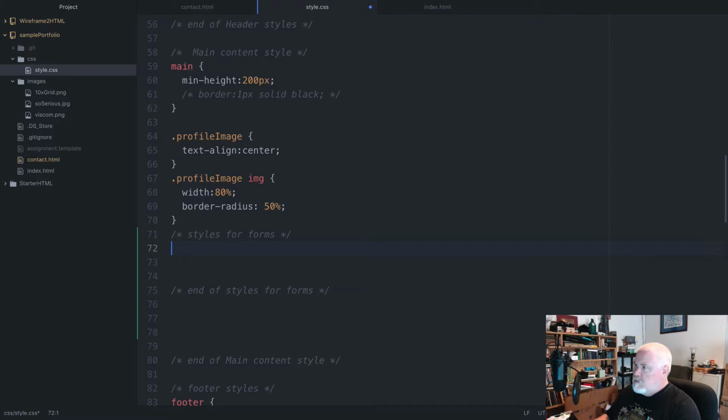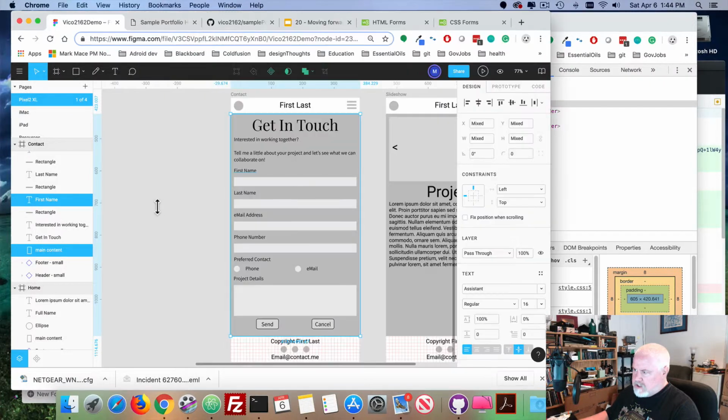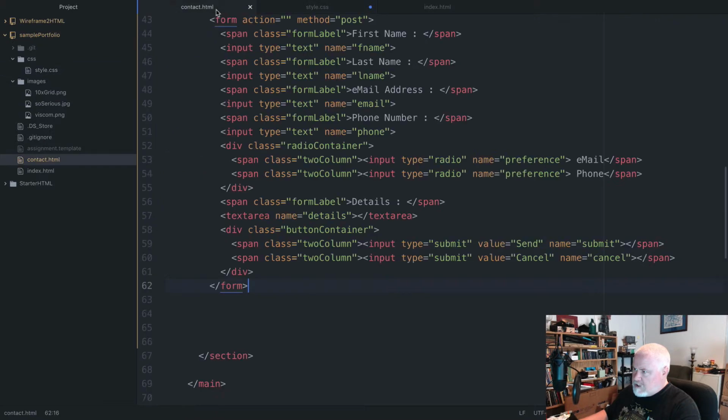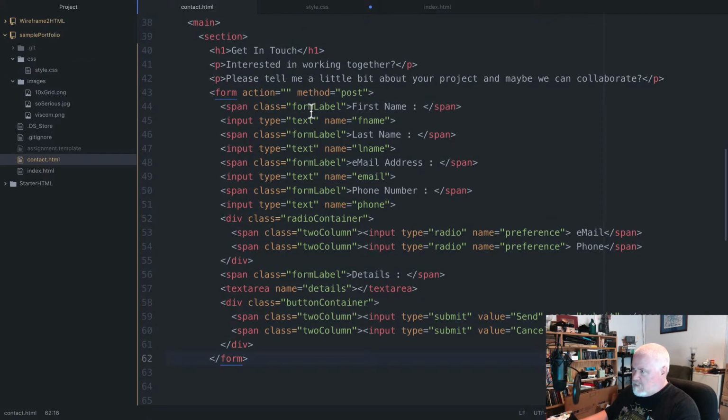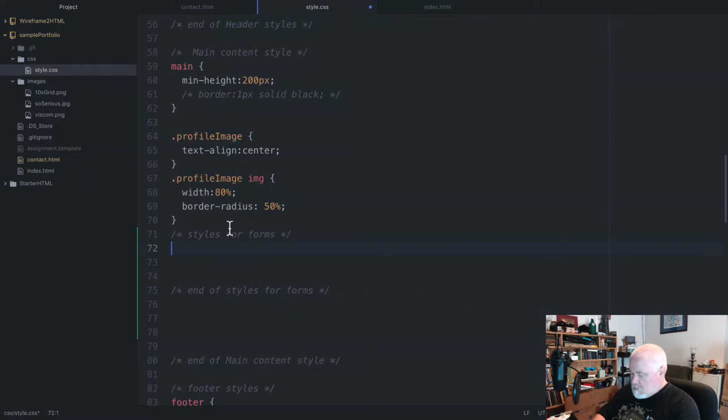And so the first thing we want to do is we want these divs to act as a block element, and we want these to be the full width of the screen. It's based on this here. So looking back at our contact page, we have form label and input type of text. So let's go to the styles. So span dot form label